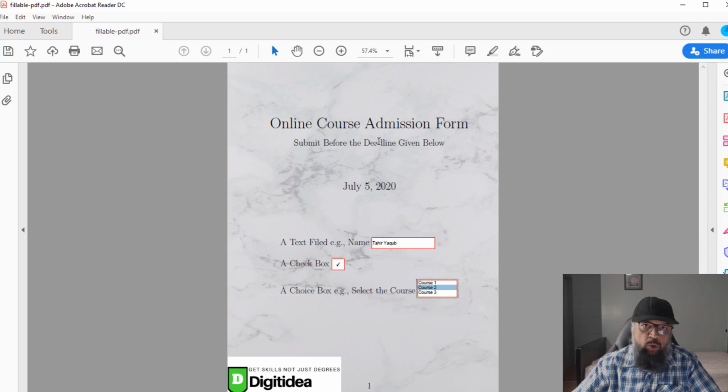So I have typed the code and I will explain each and everything in that code, and even then if you have any questions, please put them in the comment box and I will definitely reply to your questions. I will also show you how you can get this LaTeX template if you want to just modify this form, and I will also show you how I created this background image and how you can create it as well. So let's start with the LaTeX code.